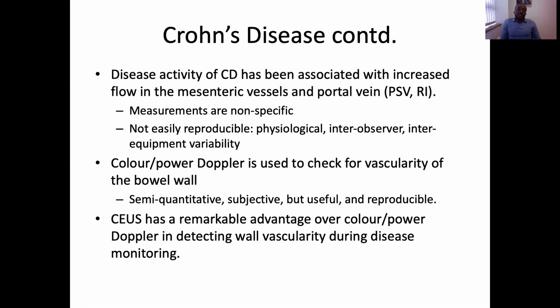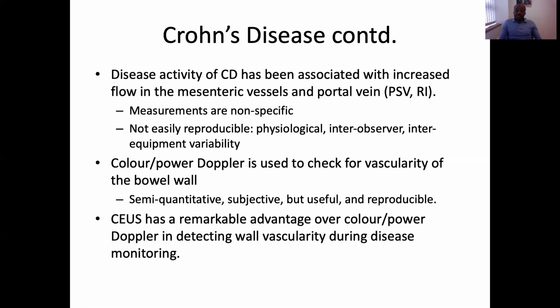So the disease activity of Crohn's disease has been associated with increased flow in the mesenteric vessels and portal veins. This is a bit of a vascular aspect now, but you tend to have increased peak systolic velocity (PSV) and resistivity index in the mesenteric vessels and in the portal vein in some research. But the measurements are not specific and you cannot easily reproduce them, because for physiological reasons, some patients after having a certain meal or things like that could have increased or reduced PSVs in their portal vein. And even the same sonographer or radiologist could scan the same patient a couple of times and